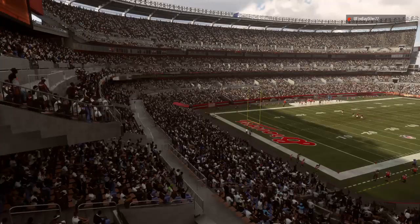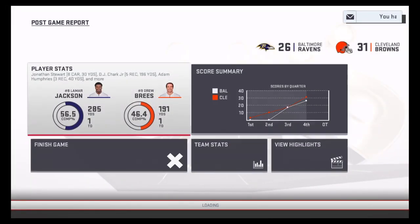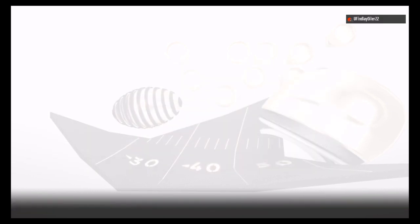So for the Browns, they boost their record up to a strong 4-1. And next week, they get to stay home again as the Los Angeles...